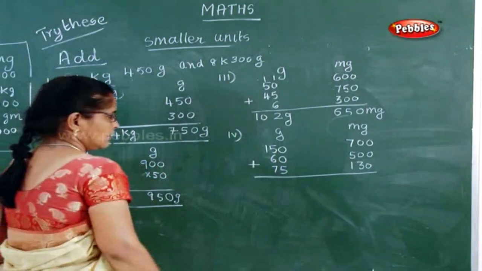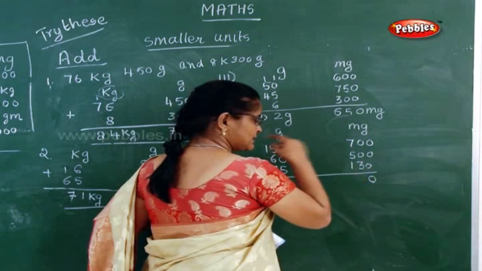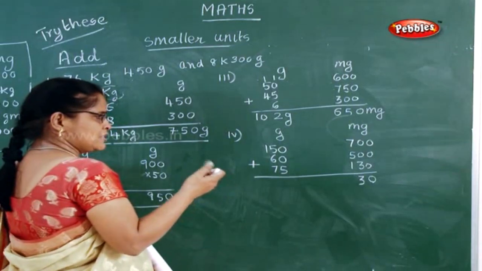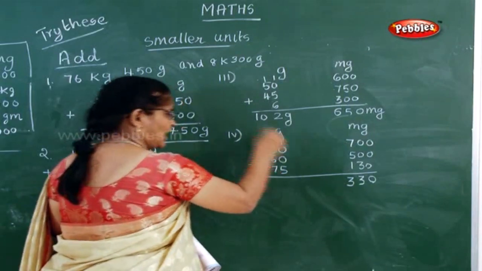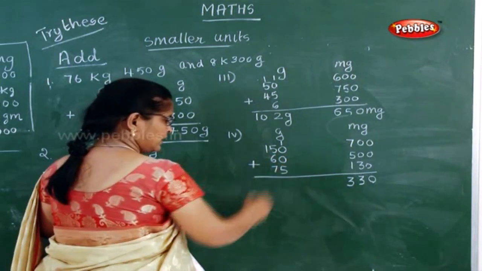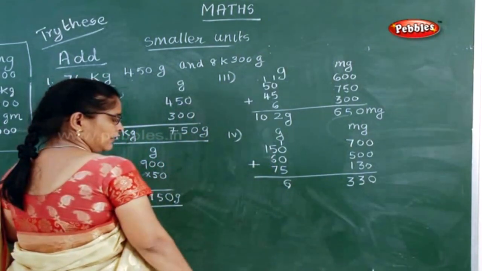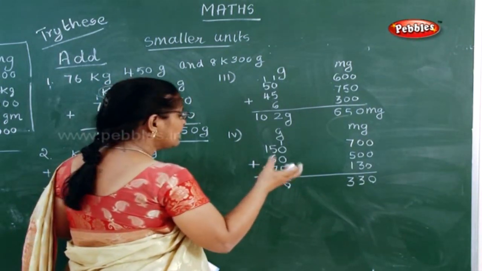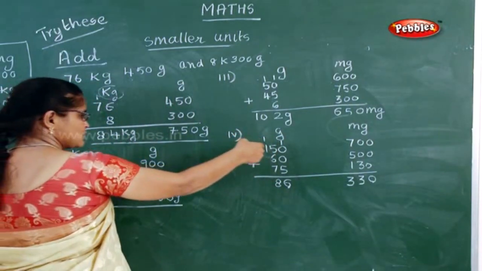You have to add. Now, what is 0 plus 0 plus 0? 0. 0 plus 0? 0. 0 plus 3? 3. Now, what is 7 plus 5? 8, 9, 10, 11, 12. 12 plus 1? 13. Very good. Now, what you have to do here? You have to write 1 here. So, what is 1 plus 0? 1. 1 plus 0 again 1. 1 plus 5? 2, 3, 4, 5, 6. Now, what is 5 plus 6? 11. 11 plus 7? 12, 13, 14, 15, 16, 17, 18. Now, where should you write that 1? On the top of this. Now, 1 plus 1 is 2.